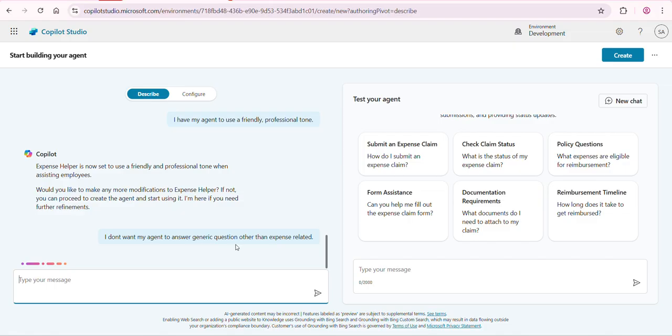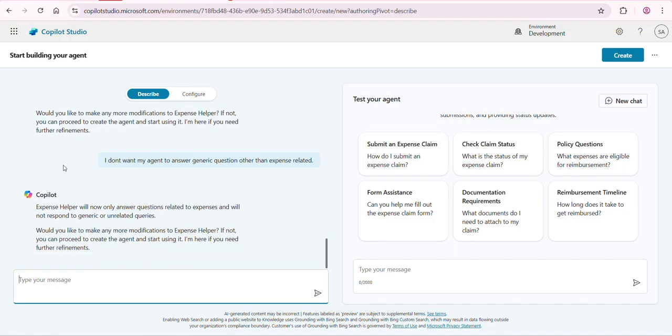So that would be useful if you're creating an agent just for expense related purposes. This instruction is very much needed if a user is trying to ask something other than expense. This instruction will help the agent to not answer generic questions,